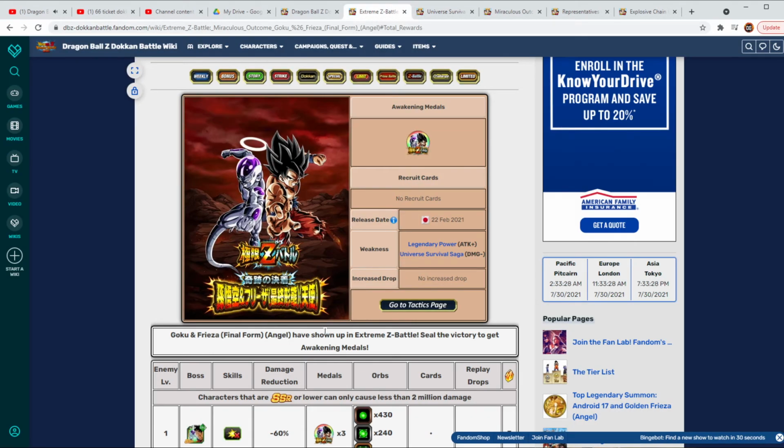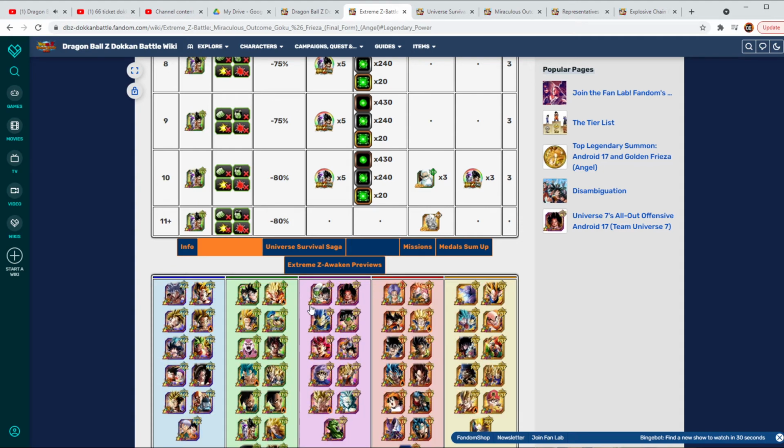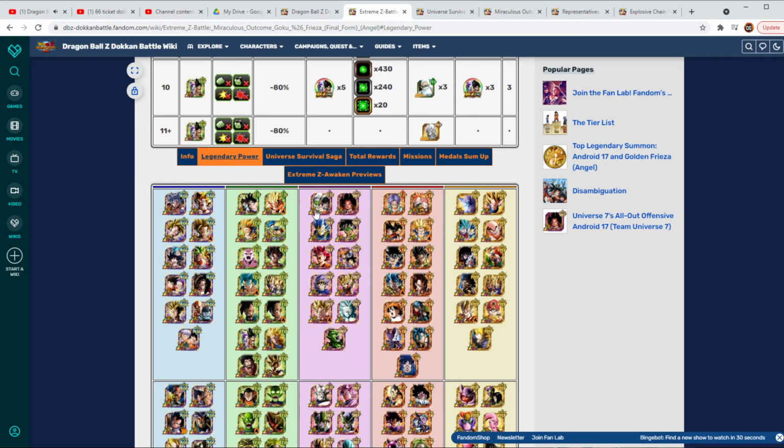Now if we actually scroll down here, all the legendary power units that you can have on global, hey, Team Bardock wouldn't really work out well because they don't have anybody you'd really want to be able to link them up with. If you were able to get the God Goku, he could potentially be a good one just on the standpoint of him being a pure Saiyans and hybrid Saiyans. And then obviously you've got your